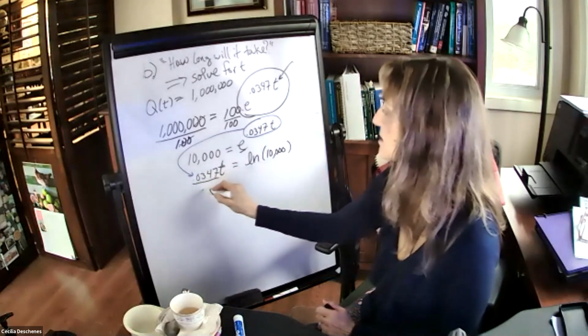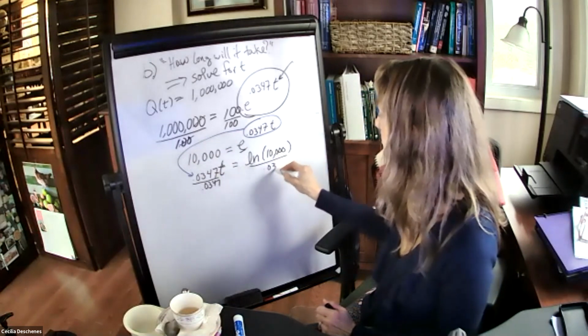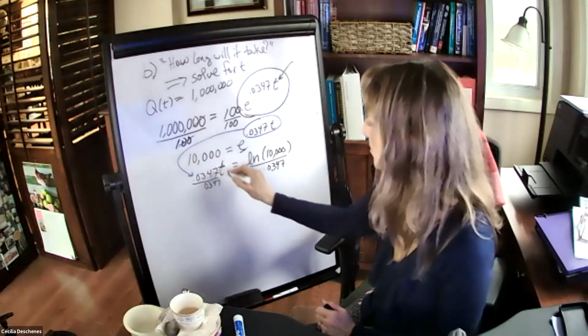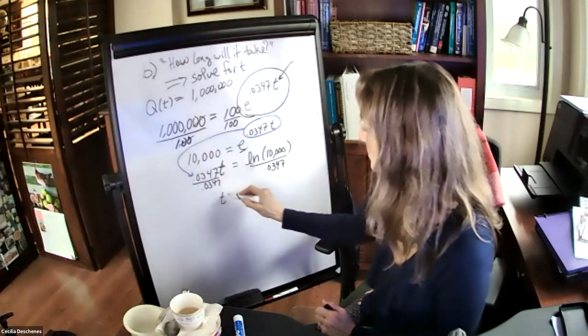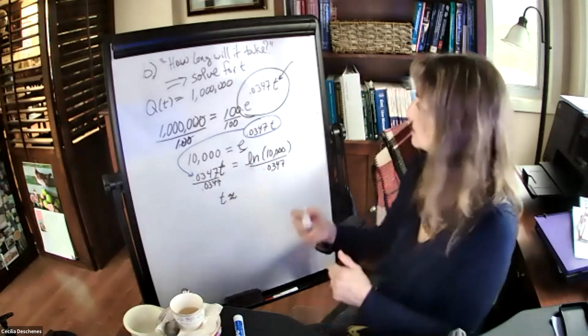And then we're going to divide both sides by 0.0347. And that is going to give me t is equal to, or I should say it's approximately equal to,